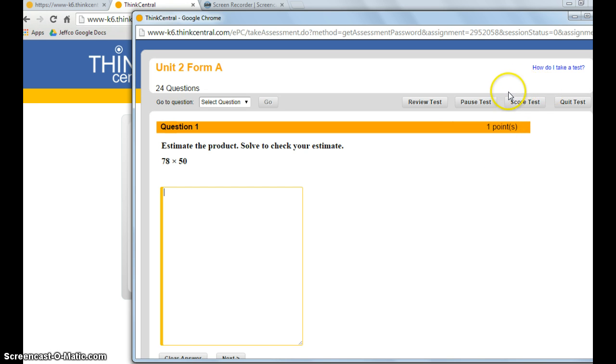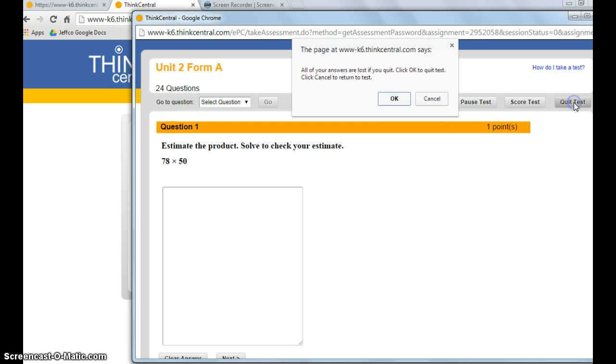Now when they're finished taking the test, they're going to click score test. Once they click score test, they cannot go back and change any of their answers. So if they don't have time to finish the entire test or the entire assignment during the class period, they can click quit test,